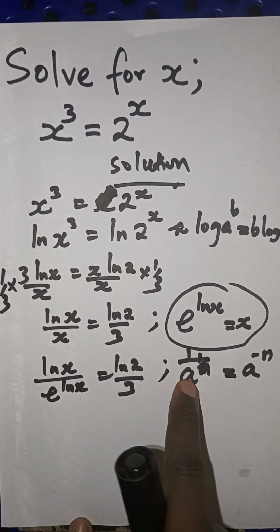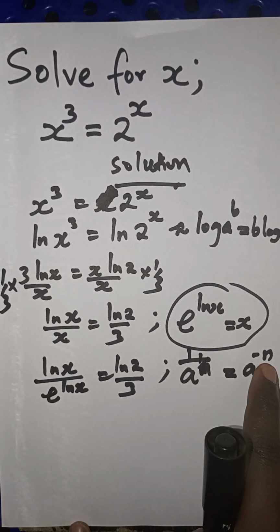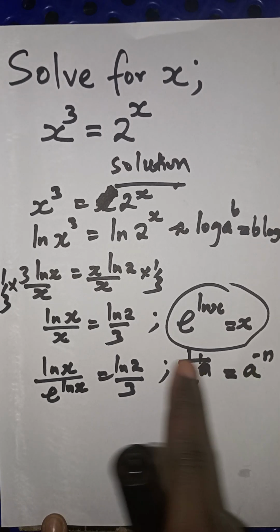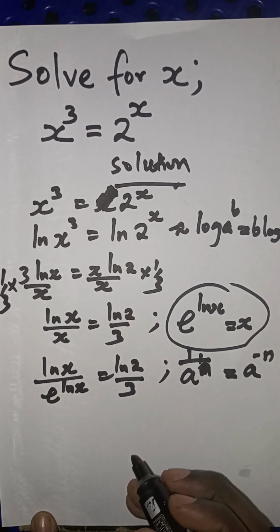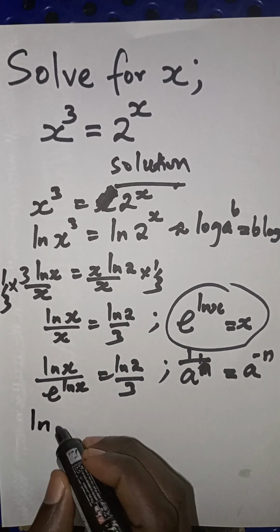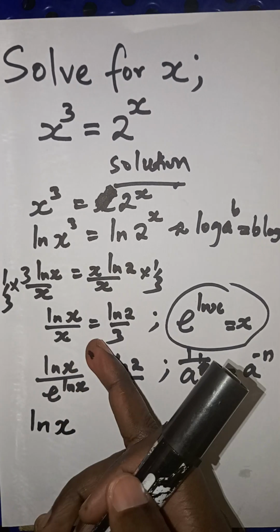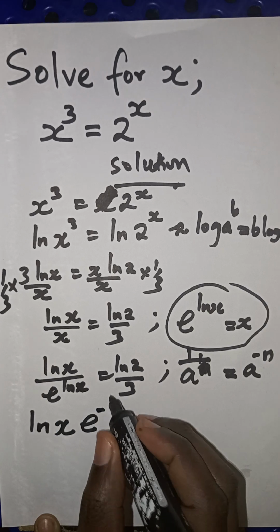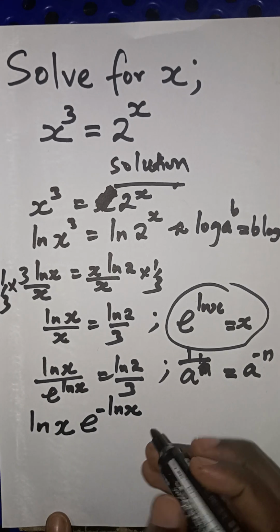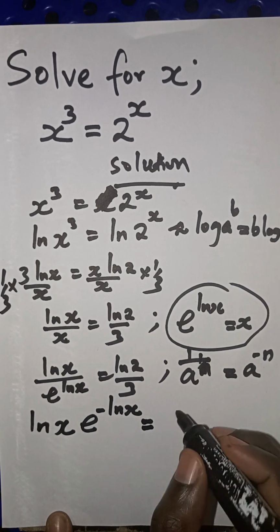The base is the same, but the power now changes to negative. Applying that here, I'm going to have the natural log of x, the power coming up, times the exponential of negative natural log of x is equal to